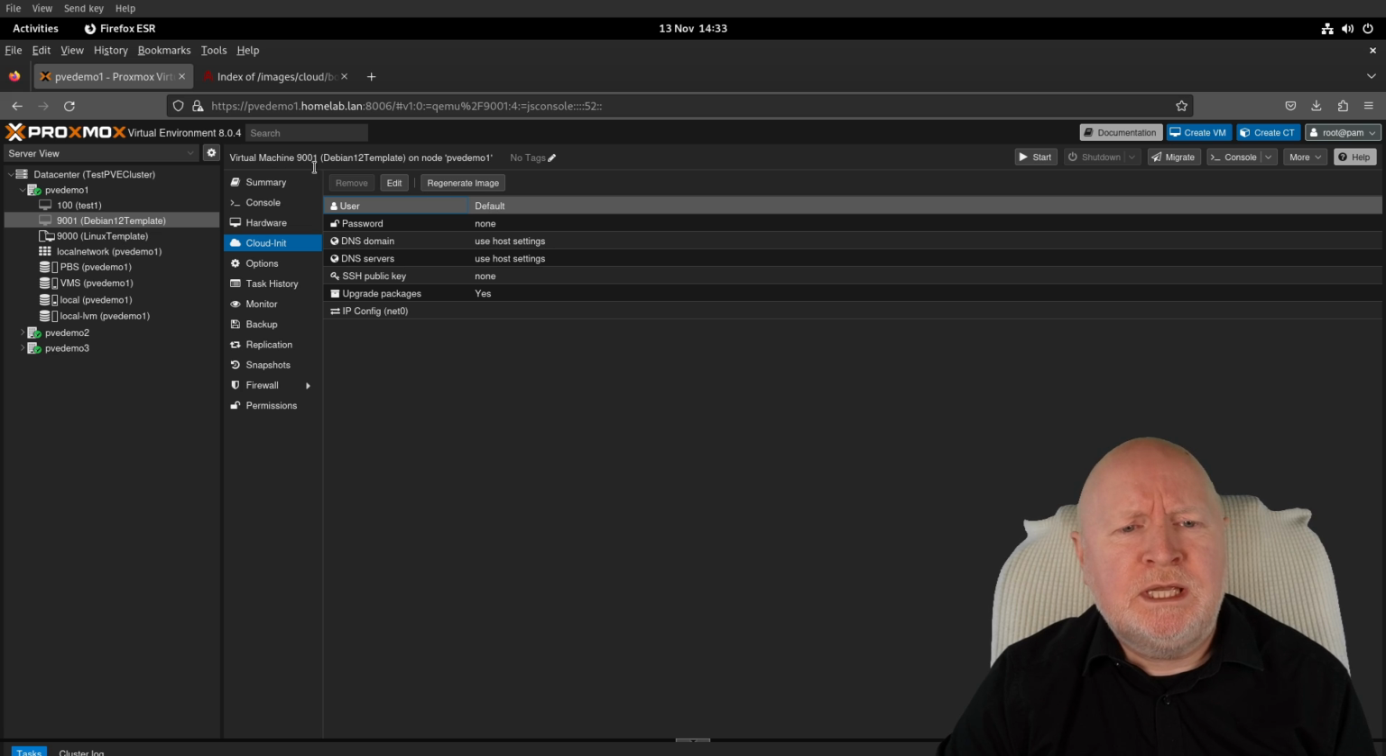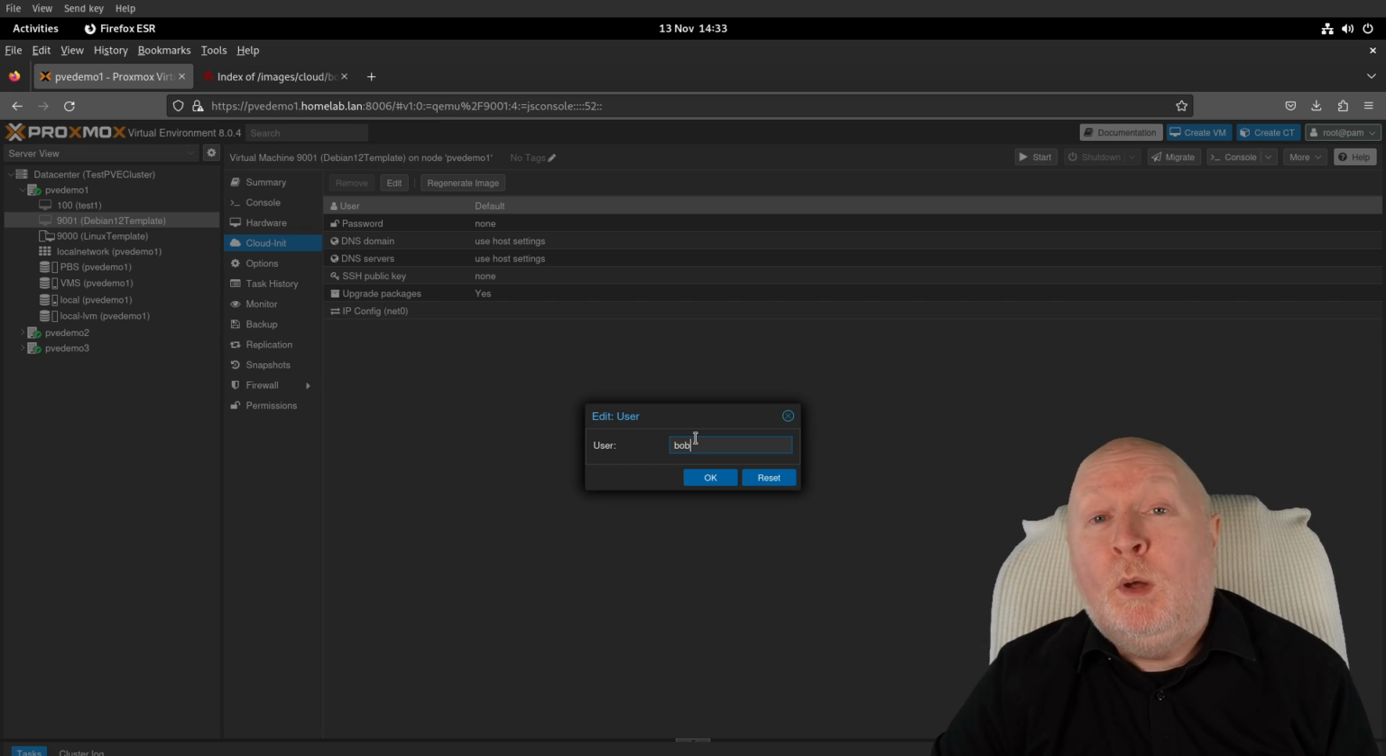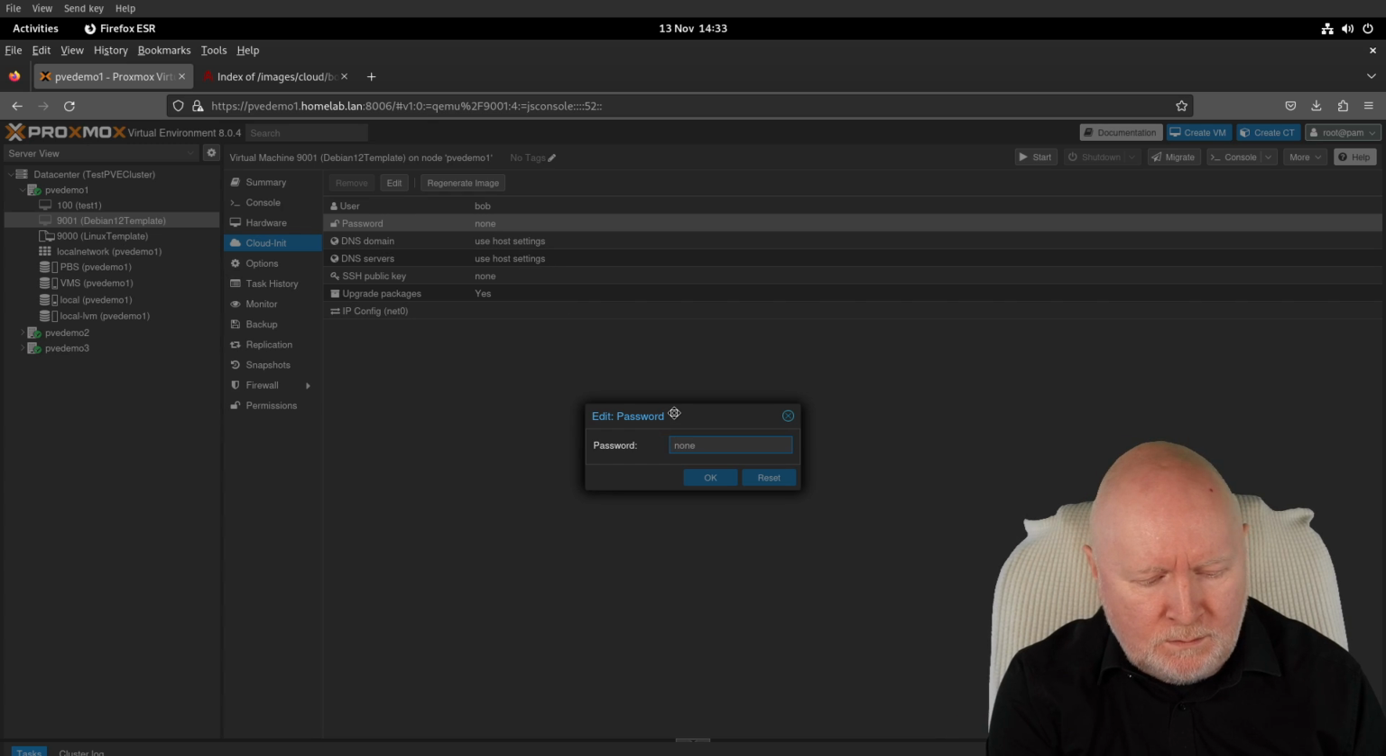So for that reason, I am going to change this. I'm just going to double click on it. It doesn't do anything, so I've got to click edit. And I'm going to call this Bob, the Bob Builder. I mean, what else? I'll click on OK, and I'll give it a password, because you might need to log in